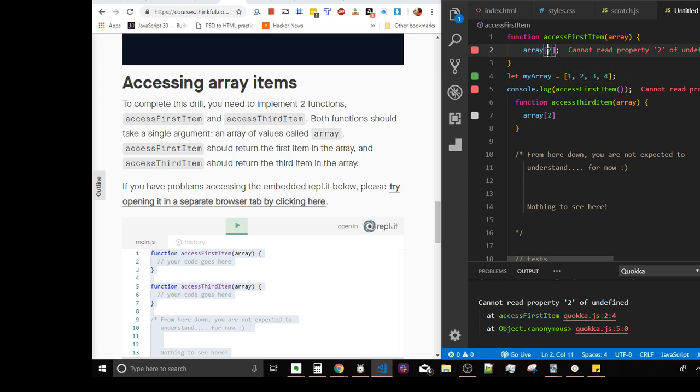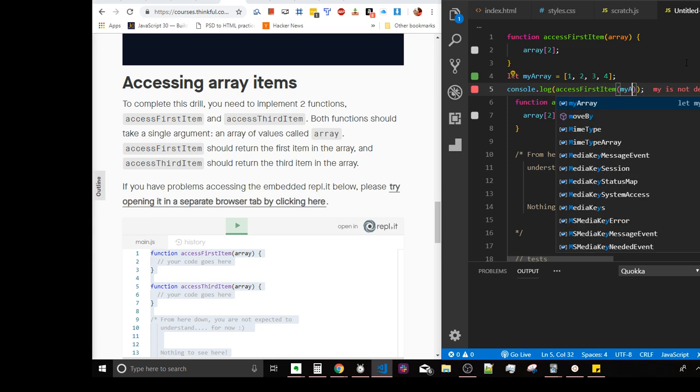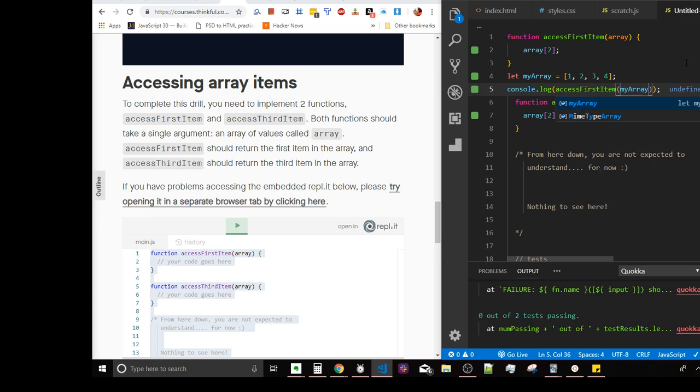So this number 2 is going to give me 0, 1, 2. So it should give me 3, right? So if I ran this, if I log it out to the console and I call the function and I put an array in here, which is this, my array, it should, oh, ugh, my eye is burning,